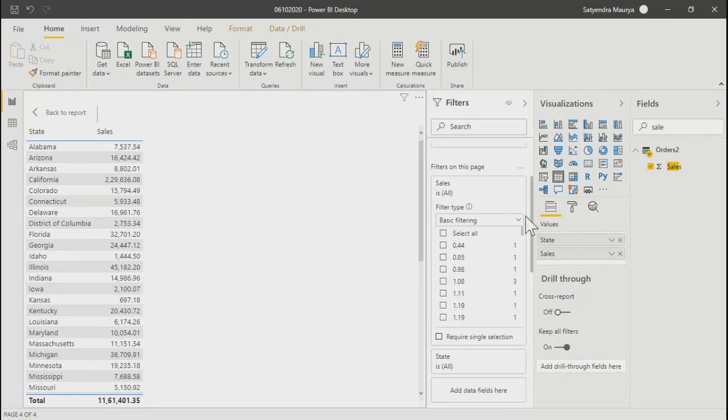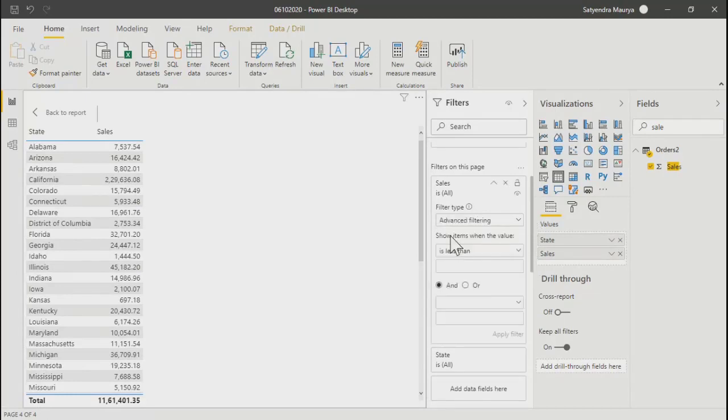But if you just convert this into advanced filtering, you are getting less than or equal to, greater than or equal to, like these are the same options you used to get in Excel. So these options are by default there.